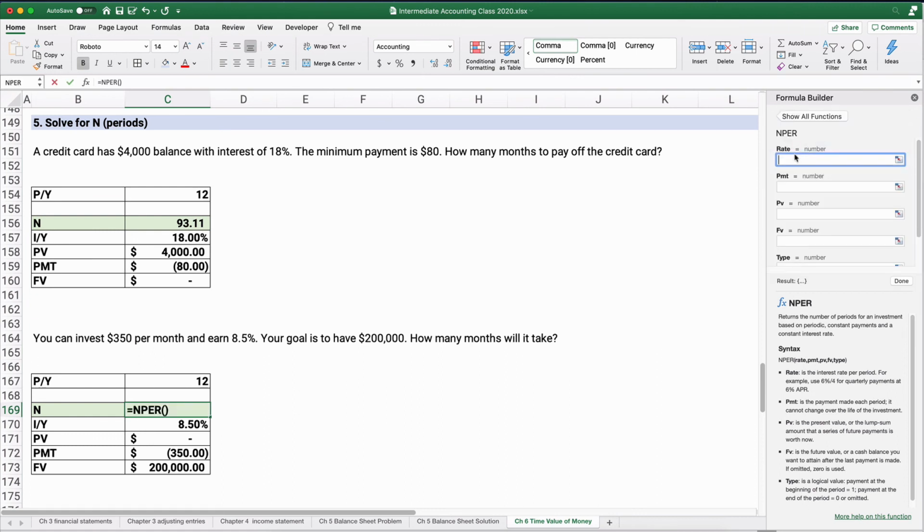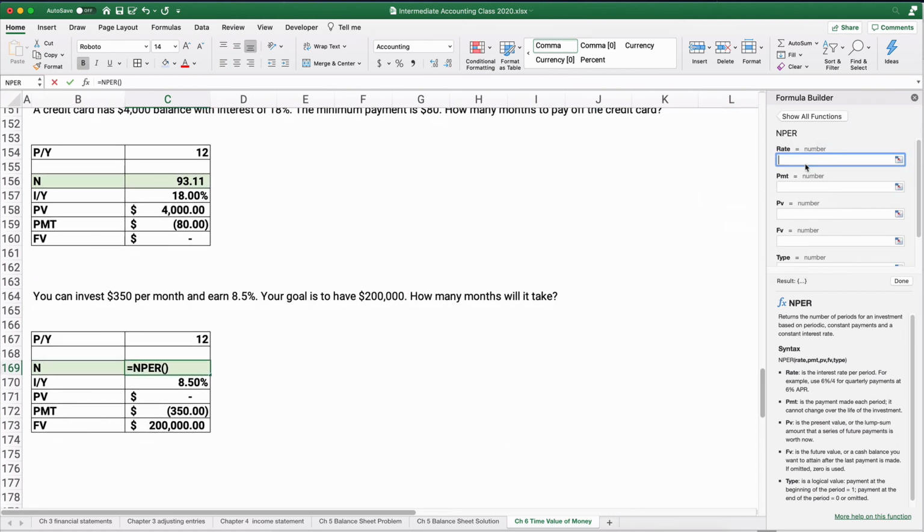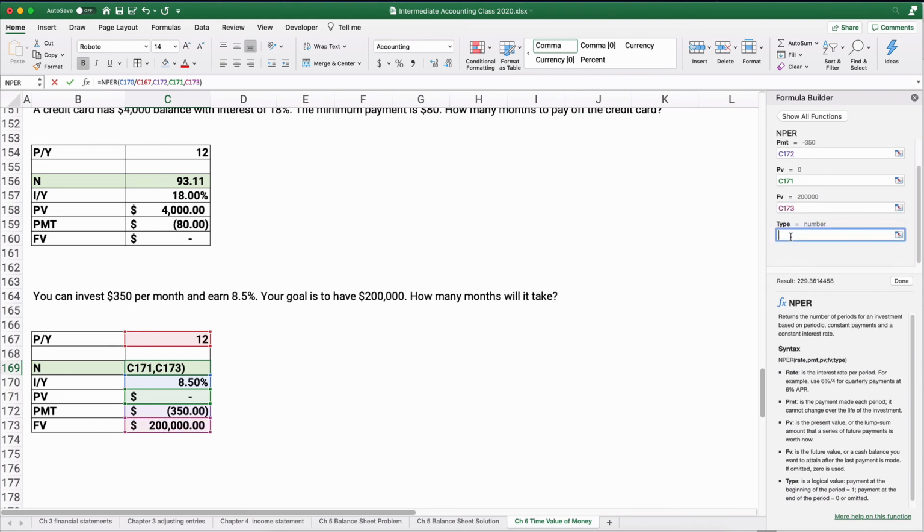In NPER, the rate is going to be 8.5% divided by 12. The payment is a negative $350. Present value, you started with 0. The future value is $200,000. And your payments happen at the end of the period, so it is 0. Now, if we want to make it the beginning of the period, you put 1, and it moves everything up 1 month. How many months will it take? It will take 229